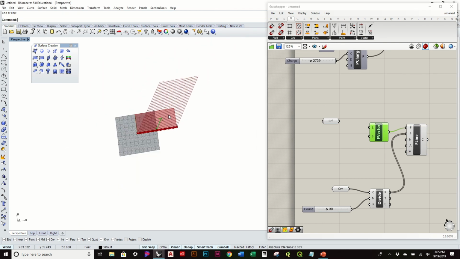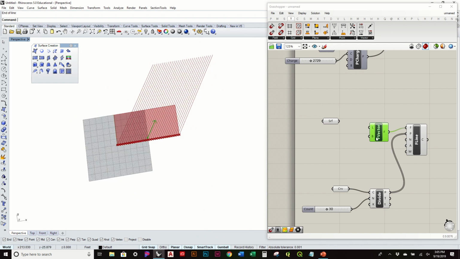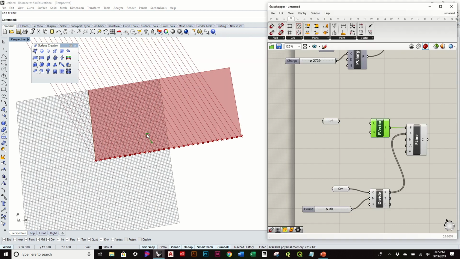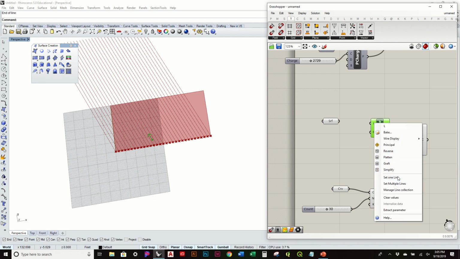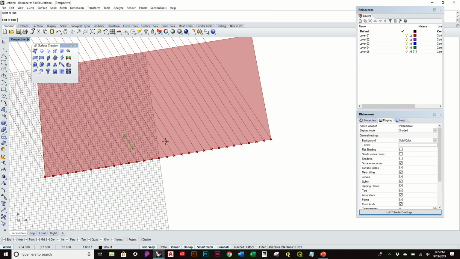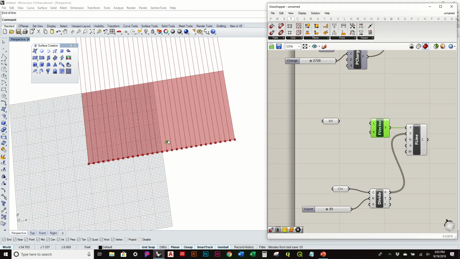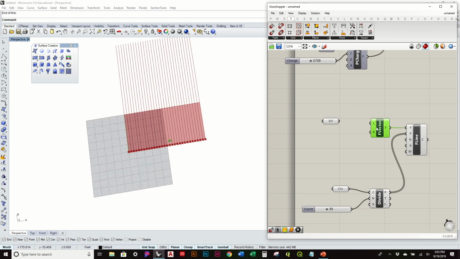And you can see that now, depending on the length of this vector, it'll start to dictate the length. So if I right click, say, set one line and do it in a slightly different direction and shorter distance. See what happens if I do it really minute. So it's a good way to begin to control that. We can see what happens if I use this one. So the reason I don't like to use this is because now you have a separate charge. In this case, it could be about the length, but